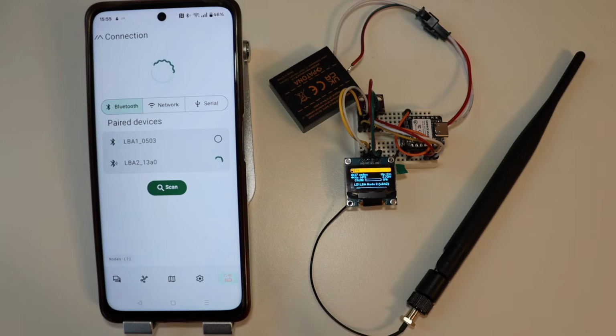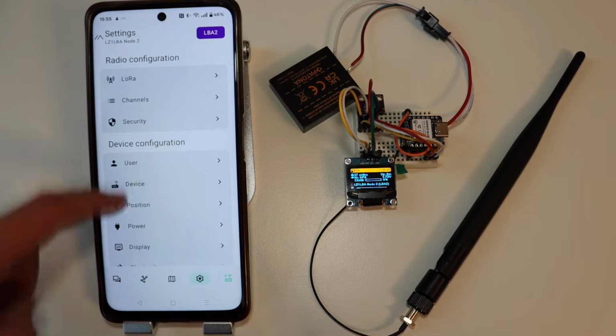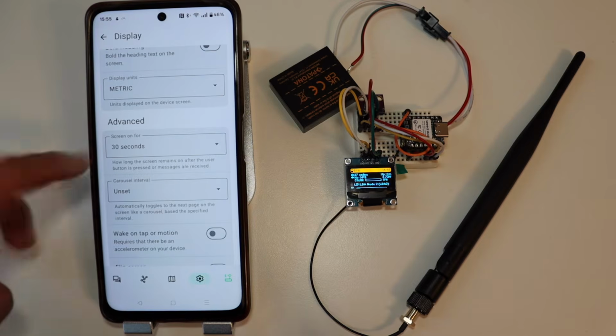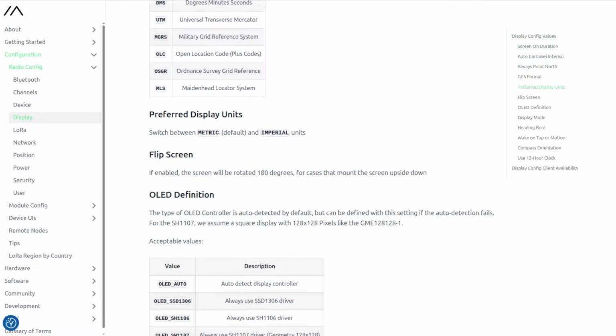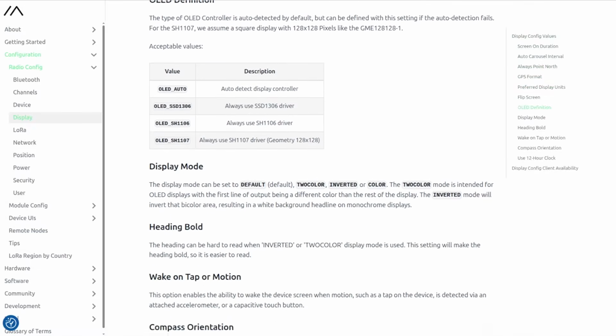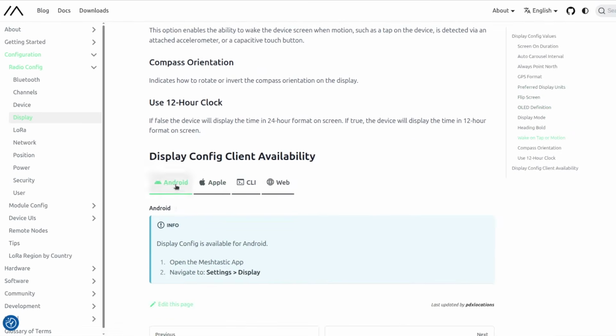In the Meshtastic application for smartphones, the display configuration options are screen on duration, auto carousel interval, always point north, GPS format, preferred display units, flip screen, OLED definition, display mode, heading bold, wake on tap or motion, compass orientation, and use 12-hour clock. Apart from the SSD1306 display that we are using in this video,